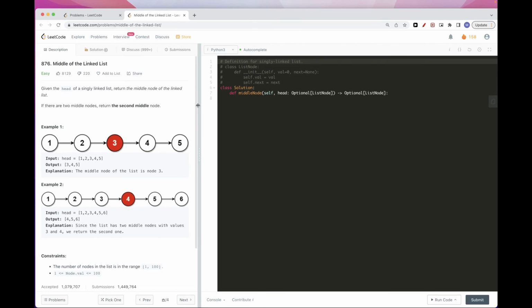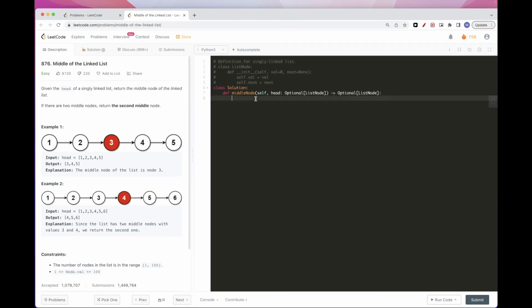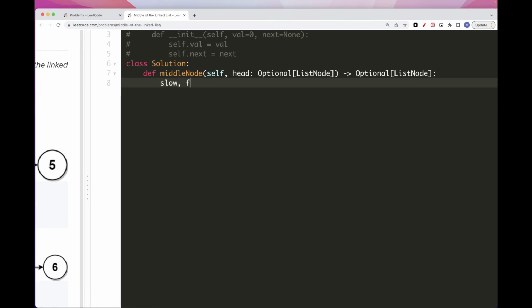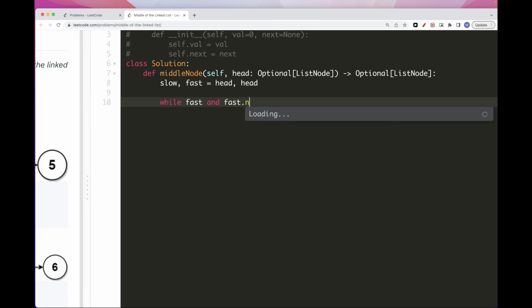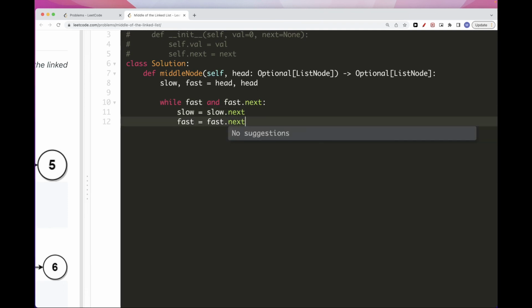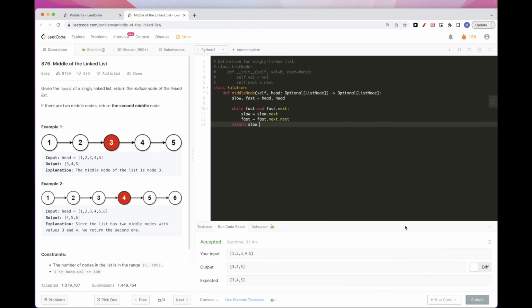Okay, so let's make sure this passes test cases and run it. What we said is we need to have slow and fast pointers, and both would need to point to head initially. And then we will keep going while we have these two, because otherwise we can't move anymore. And we advance slow just once. We advance fast twice. And then at the end, our mid pointer should be slow, so we should just return it. Okay, so we run this,